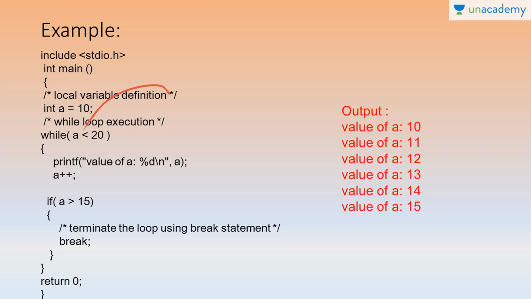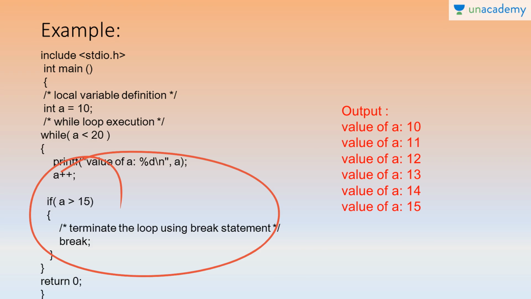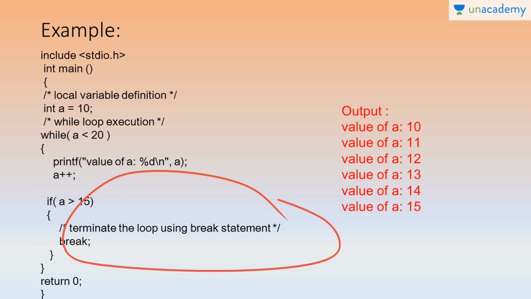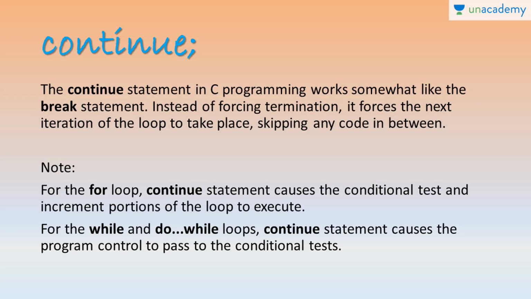So when value of a is 15 is printed and we increment the value of a, it will become 16. So a is 16 now. And again we are checking the condition like every step, but 16 is greater than 15 unlike previous steps. So according to the condition, if a is greater than 15, we have to terminate the loop using break statement. So since 16 is greater than 15, we will come out of this whole loop and we will be getting the output only till 15, 10 to 15, since after 15 all the values have to be terminated because of this condition. Now we'll learn about continue.